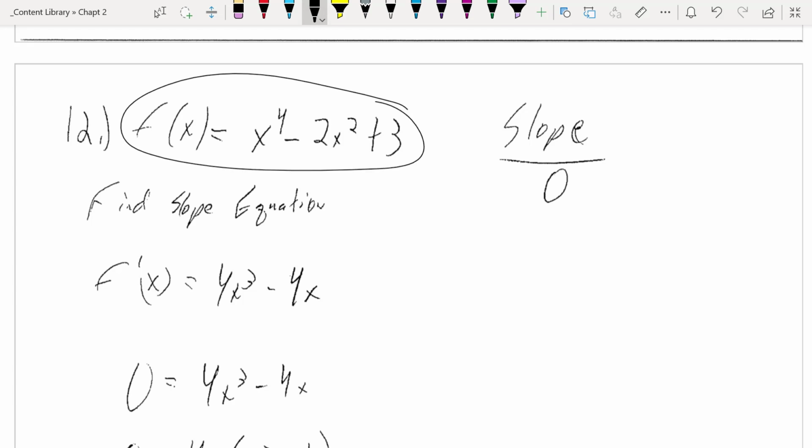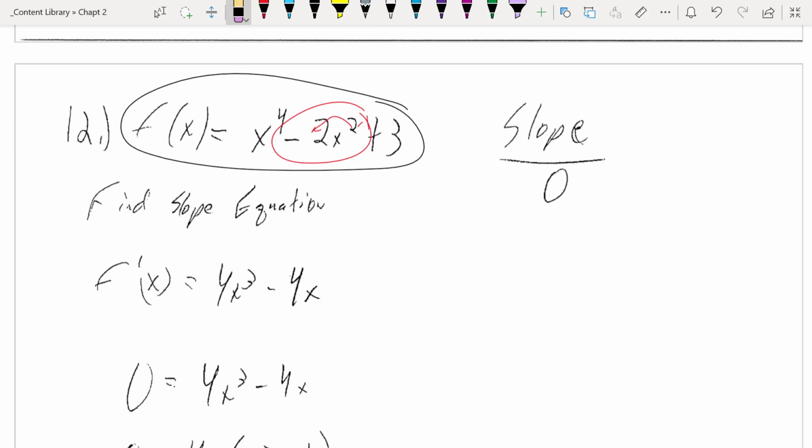So here's my equation, x to the fourth minus 2x squared plus 3. I'm going to go ahead and find the derivative of x to the fourth. So we're going to multiply that 4 out front, and then you're going to subtract 1 from the power, so that's going to give you 4x cubed. And I'm going to find the derivative of negative 2x squared. Remember, multiply that 2 on through. So 2 times negative 2 is going to be negative 4x, and subtract 1 from that power. So now you've got 4x cubed minus 4x as